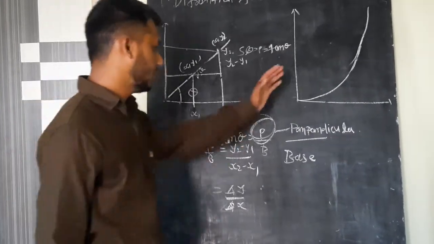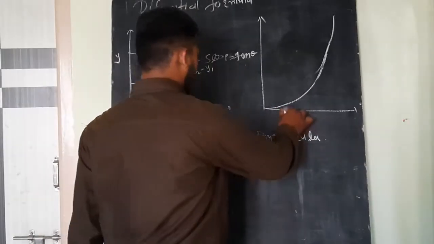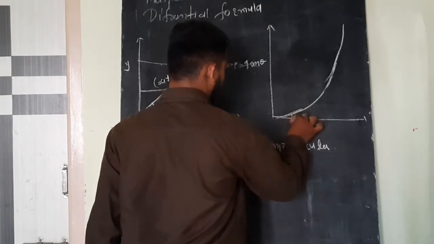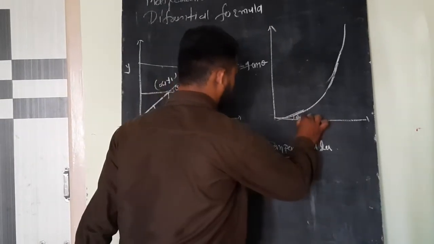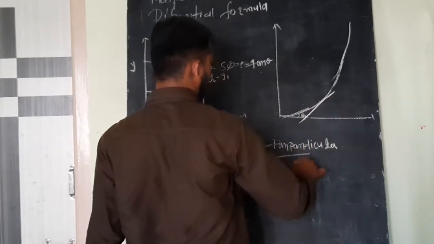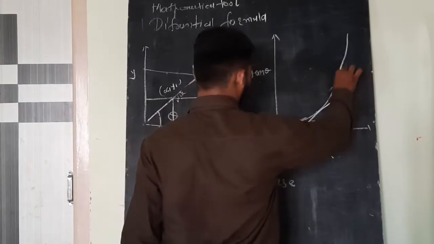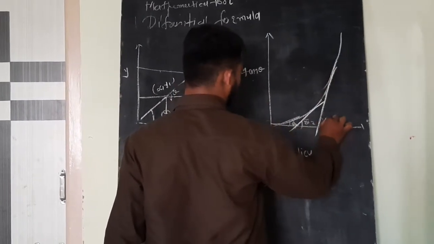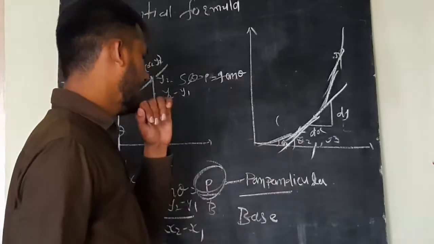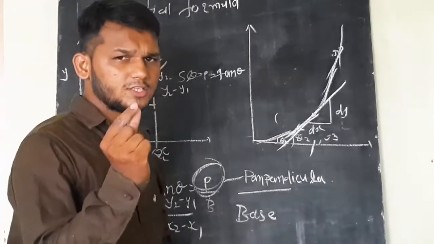Now in this phenomenon, see here, there is an angle we need to take. At that time, it will be theta 1. Suppose we draw the tangent here. At that time, it will make a theta 2. Suppose we draw the tangent here. At that time, it will be theta. We are discussing that this value goes to a very small value.